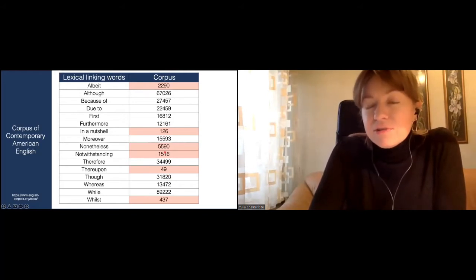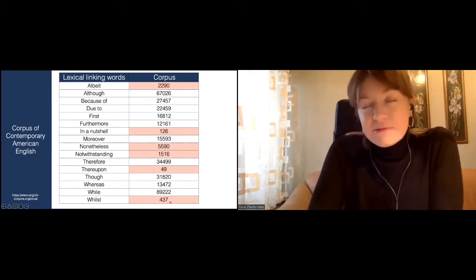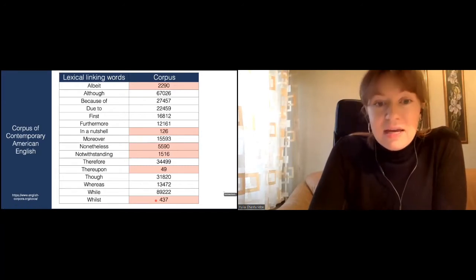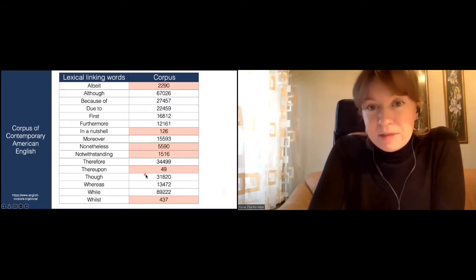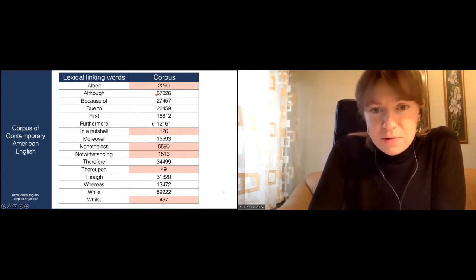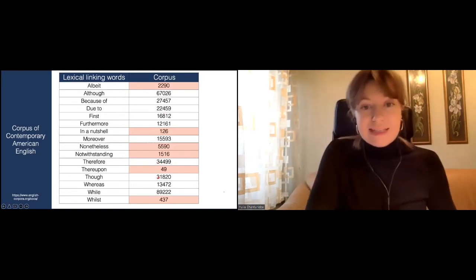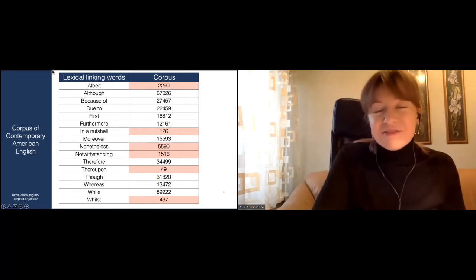First of all, those linking devices that have the digits in red against the red background are very rare in academic texts. However, there are also those that are extremely frequent, like, I think, while is the most frequent one. We can also see however, although, and therefore, yes, as well as though, which means that,